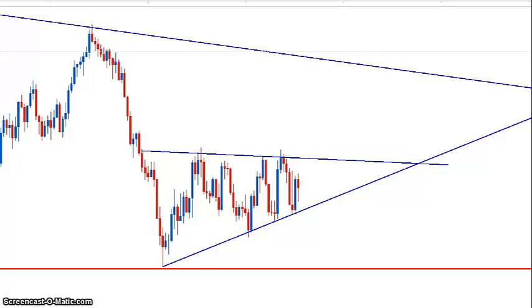Now, similarly to the euro dollar, Friday was a major bounce for the pound. But of course, the pound has been a lot stronger, so it's not in this wicked downtrend like the euro. And there was a support line here that it was bouncing off, so the bounce to the upside made a lot more sense with the pound than it did with the euro.